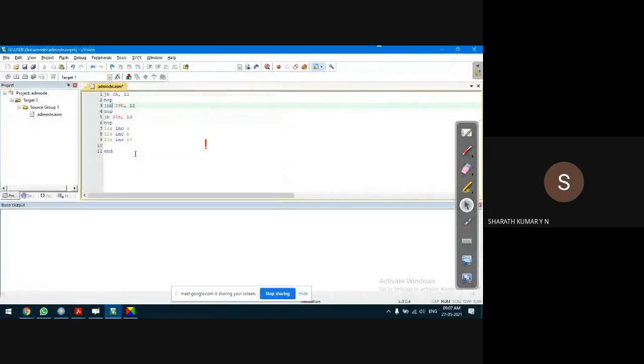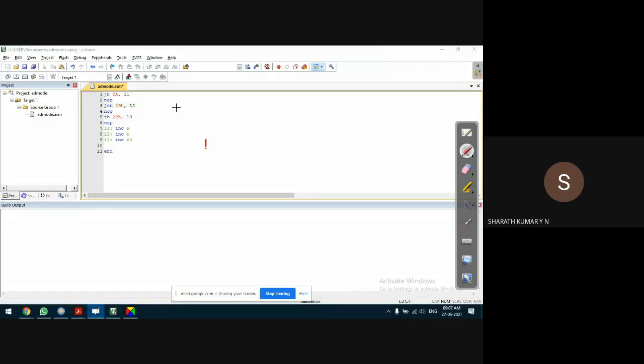Yeah, so the program is clear, guys. So when this condition is satisfied, if for example 2A, oh sorry, I need to use the bit address only, not the byte address.